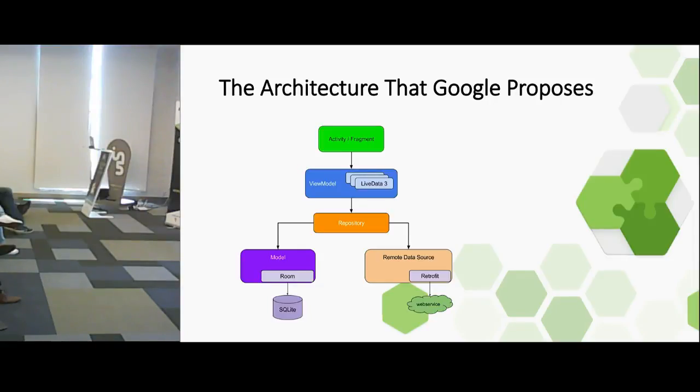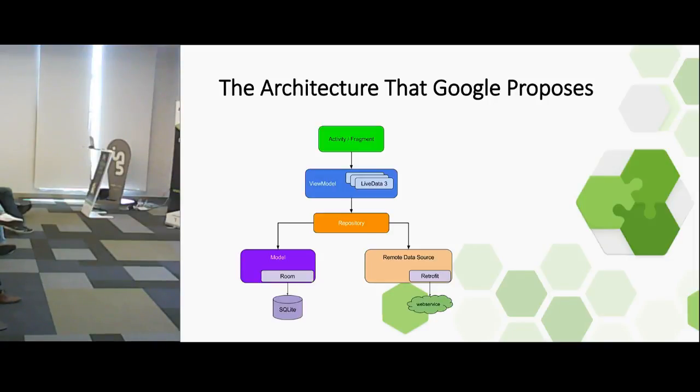Well, that means when the user rotates the device, your activity is going to be destroyed and recreated by the framework, right? And that means all the data you stored in the activity or fragment is going to be lost. So we use ViewModel as a solution to this problem.